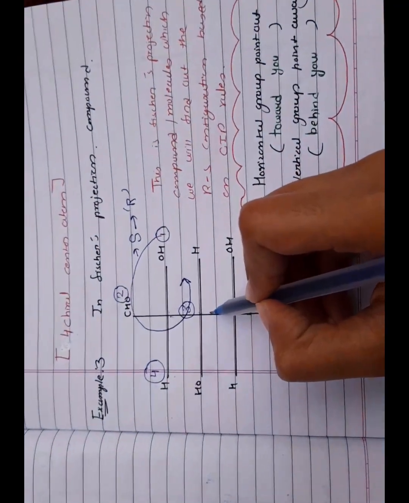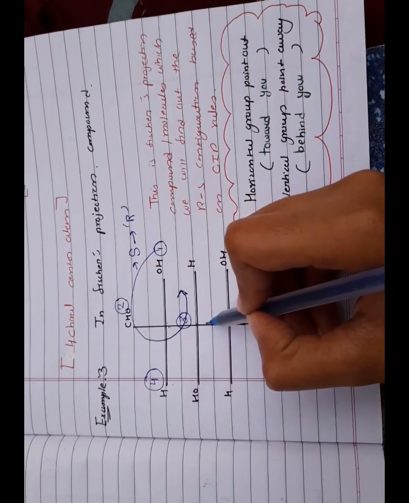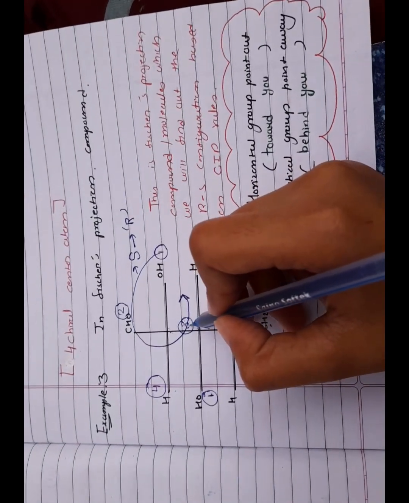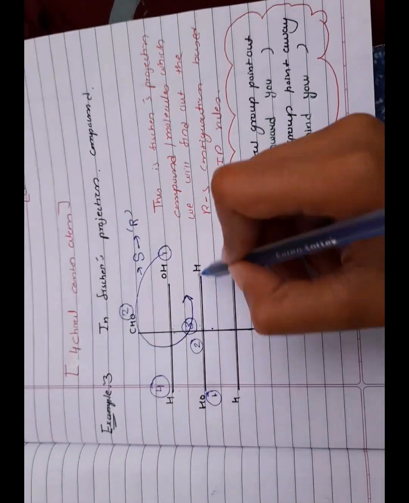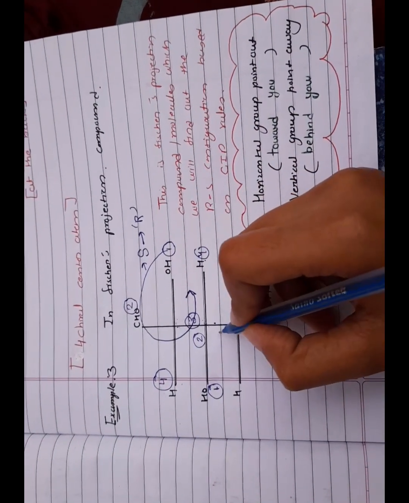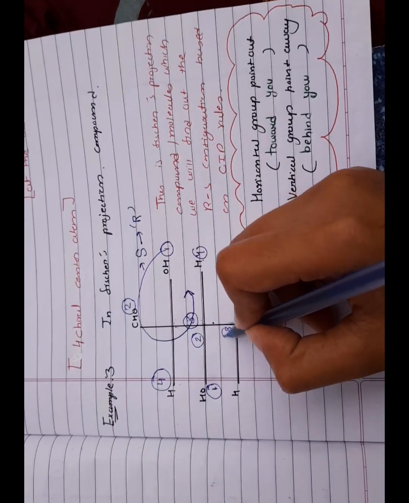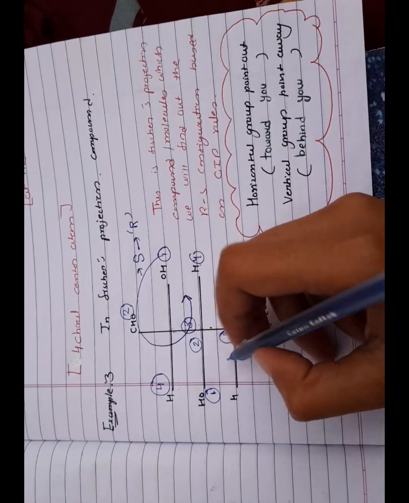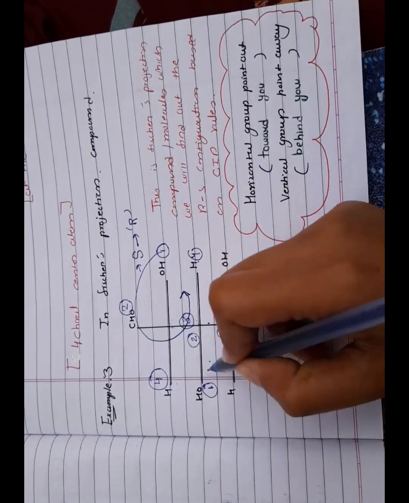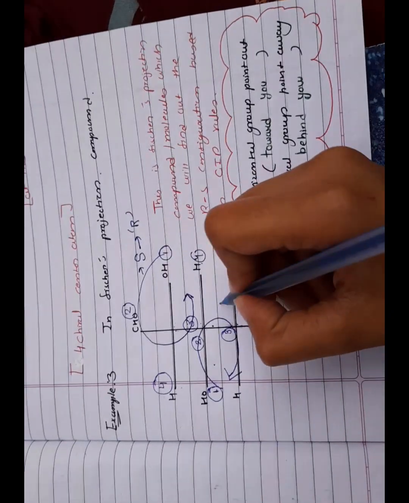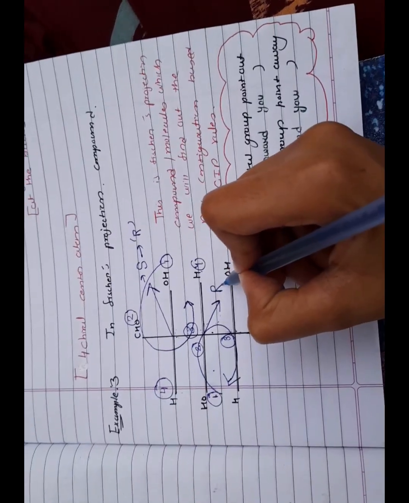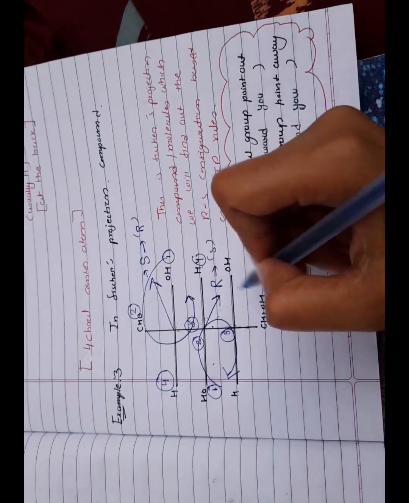Now the third carbon, the middle center, with the substituent OH. OH is first priority. Second is carbon 2, the carbon above. Hydrogen is fourth, and the carbon below, carbon 4, is third. In the Fischer projection, 1, 2, 3 go clockwise, like this. This is clockwise, R, but we reverse it, so it becomes S.